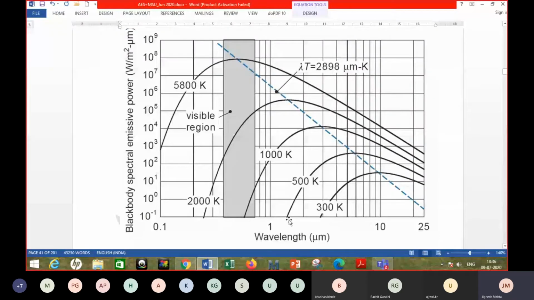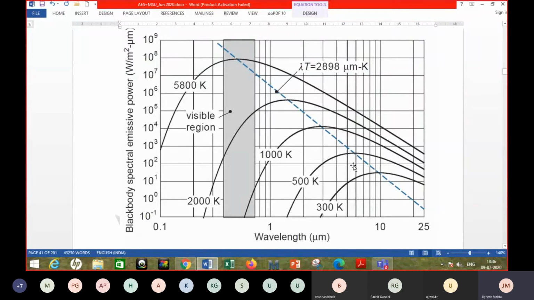If you're talking about 500 Kelvin, see, your sun is here, 5800 Kelvin. So where is this peak occurring? This peak is occurring at around 0.48, which is the wavelength of green color. But why are you concerned about all these lower values? You are concerned because your solar collector will get heated up, and that will also become an emissive body. Let's say your solar collector temperature reaches 500 Kelvin. So that will also start radiating, re-radiating, which is a loss, and you want to reduce the emission from that.